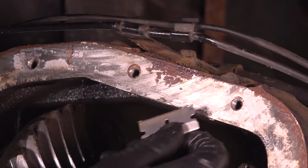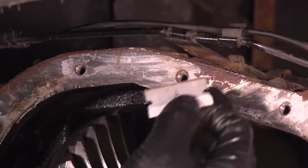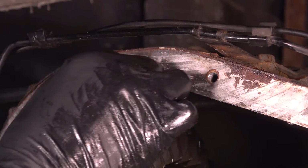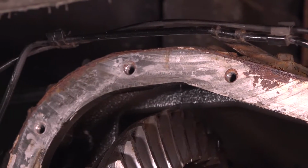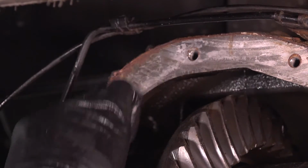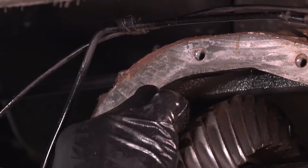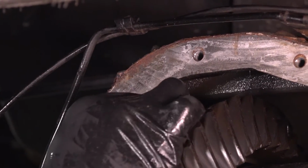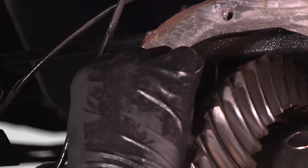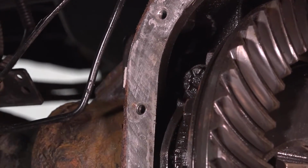Also, if you have a lot of debris here, in my case it's just some RTV that I can fling away, I suggest covering the gear set here so that you don't accidentally get a bunch of debris in here, but usually I do that when there's a lot of rust involved. In this case, I can easily fling all the scrapings just away. So good to go. Just go around, get all the old RTV off,